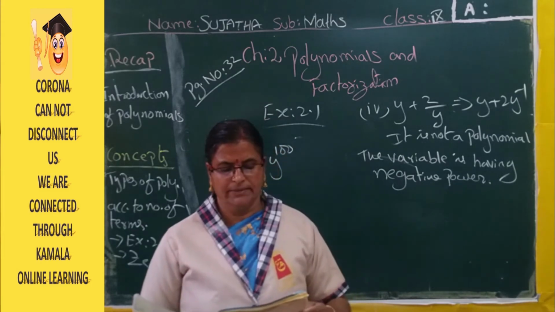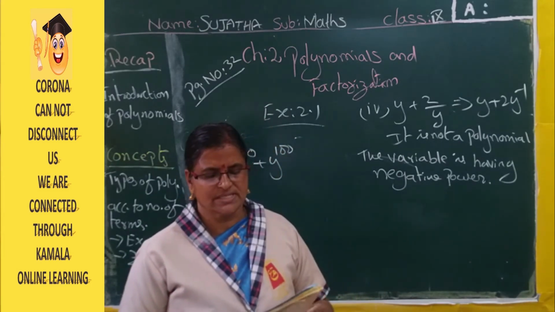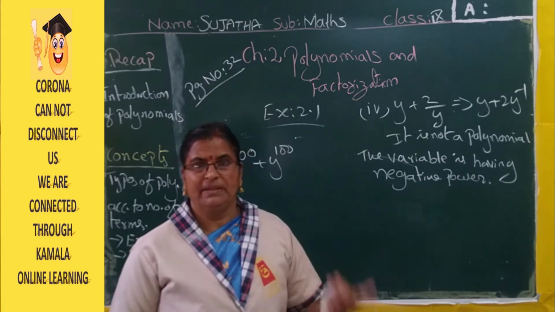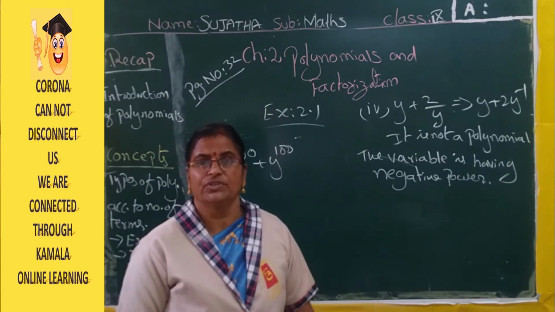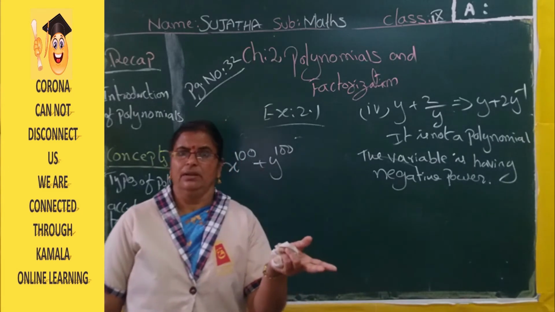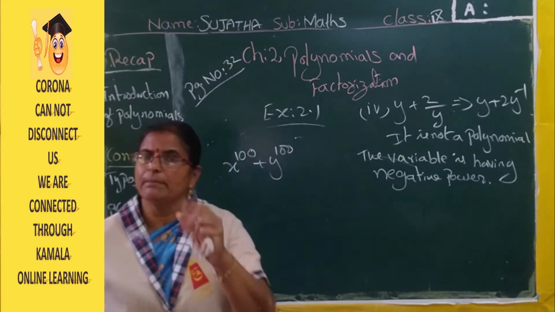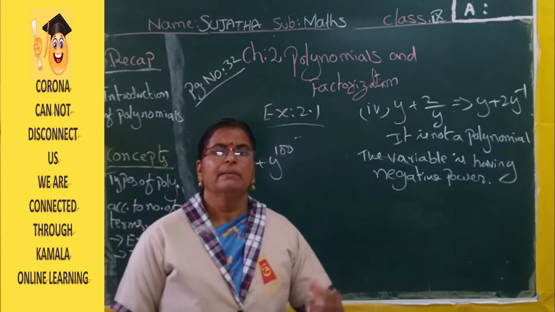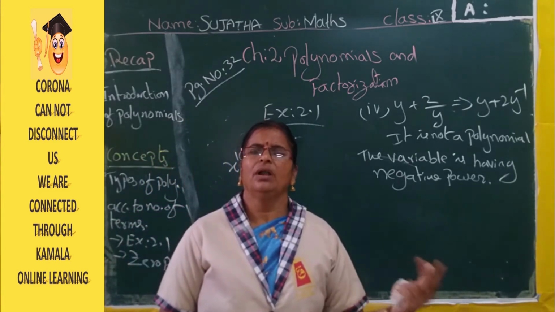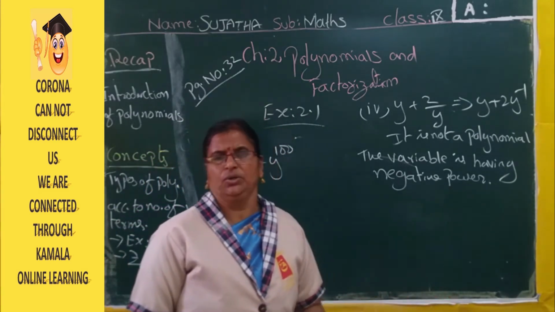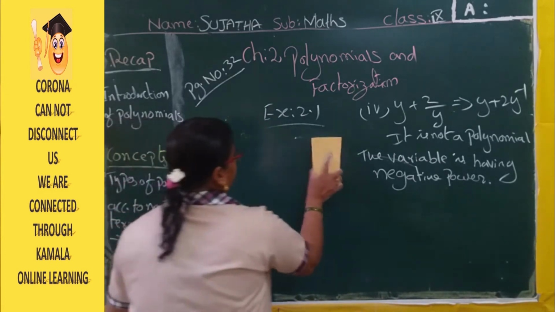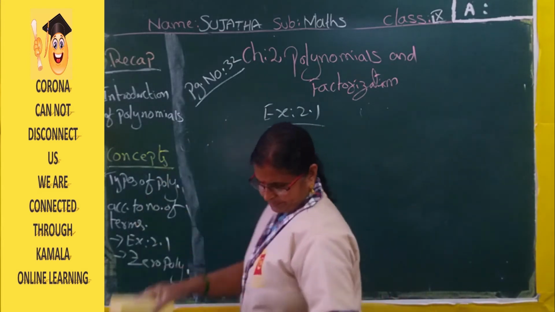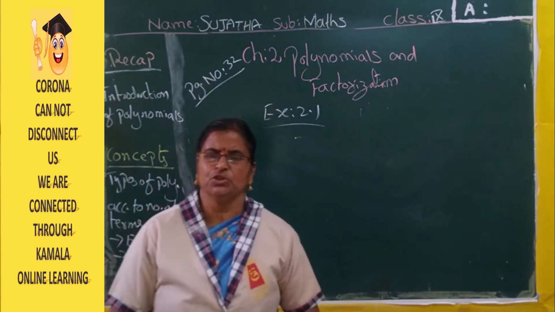Okay, now third one. Write the coefficients of x cube in each of the following. In the previous session I said what is meant by coefficient. Beside the variable, what number will be there? That is called coefficient. Here what is being asked? Beside x cube, what number is there? That you have to write. That only is the coefficient. Okay. First bit I will say. Remaining you have to do. These are all objective bits only.